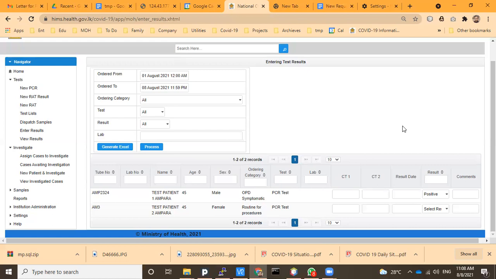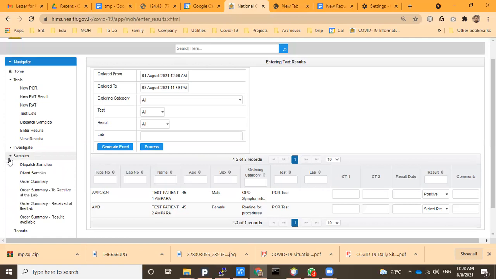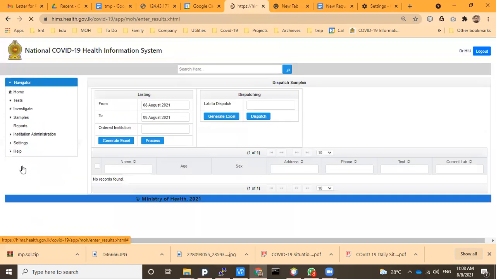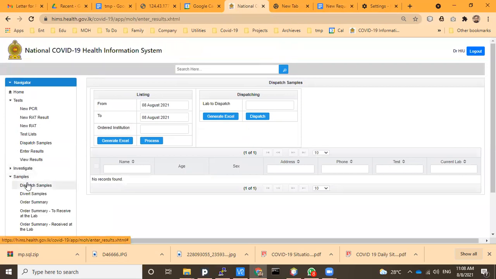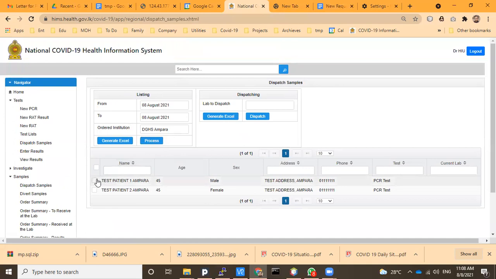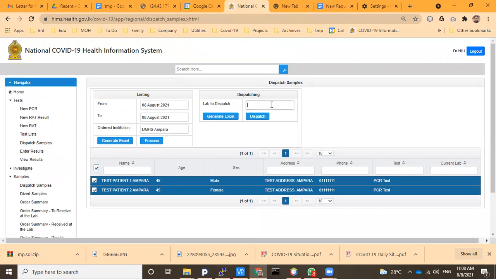Then I'll also discuss dispatching samples, because once the samples are ready, you have to dispatch them. Dispatching the samples means, when the samples are ready to be sent to the lab, you select all, select the lab, and click the dispatch button.